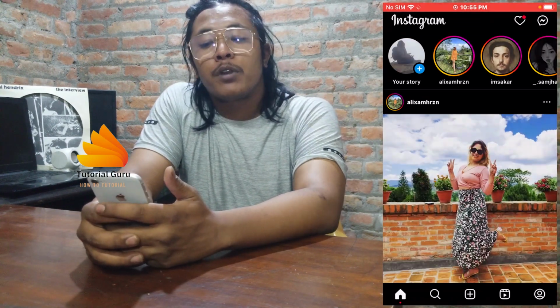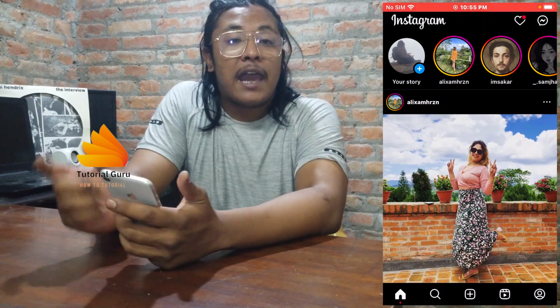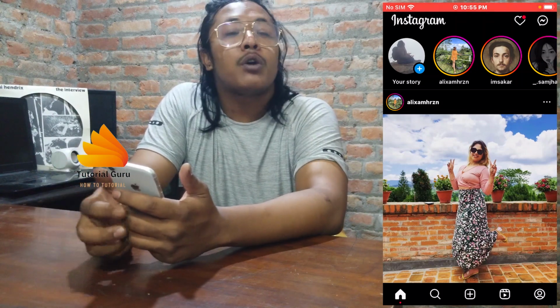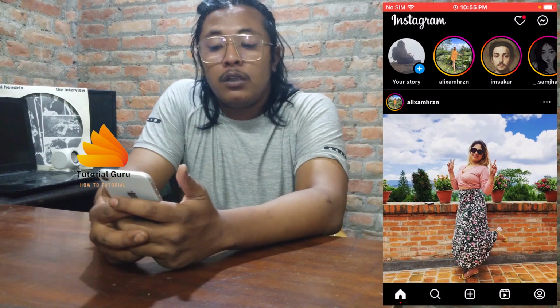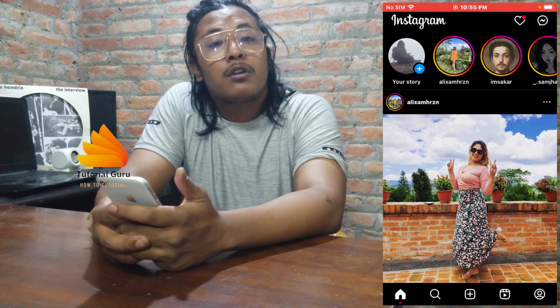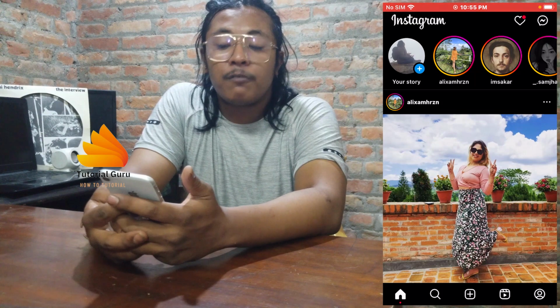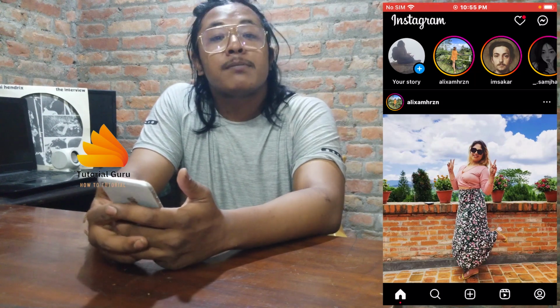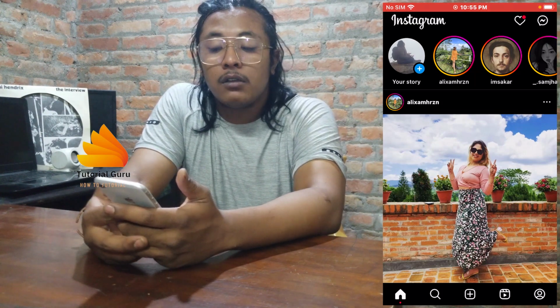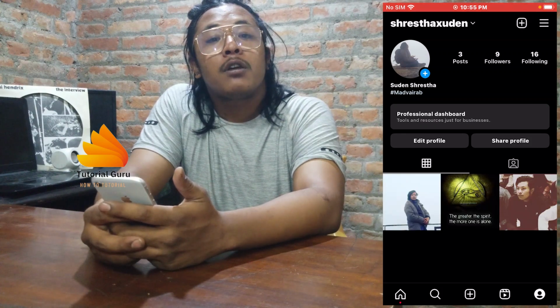After that guys, after opening the app, make sure to log into the account which you want to delete. And after opening your account guys, at the bottom right corner of the screen you can see the person or the profile icon available for us. Simply tap on that person or the profile icon, and after that you'll be over here on the profile section